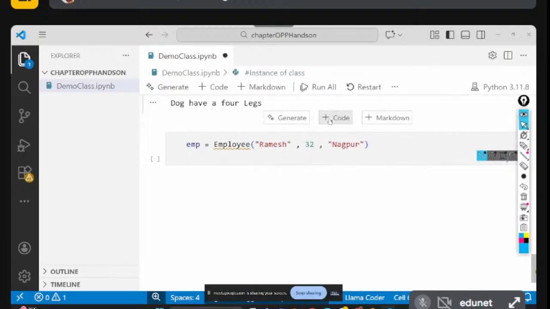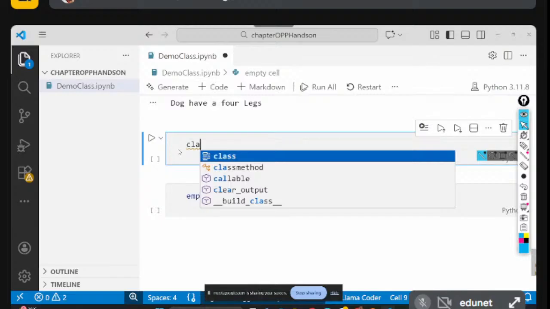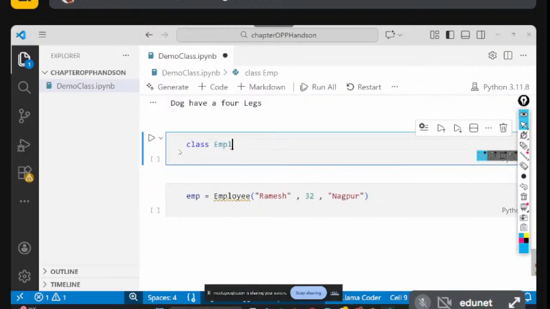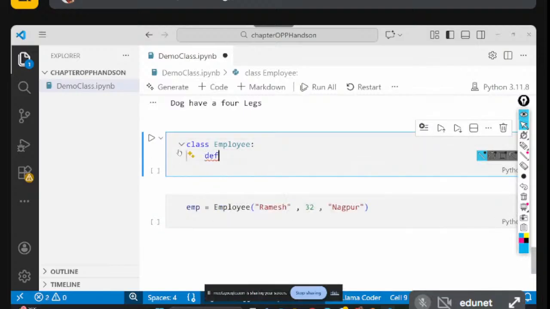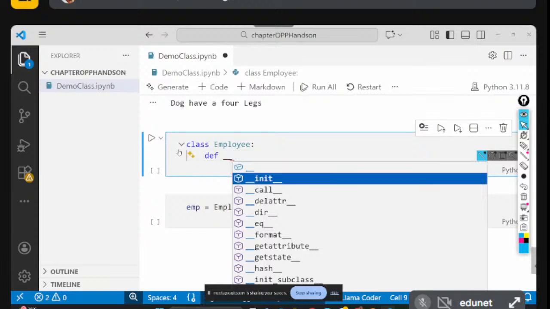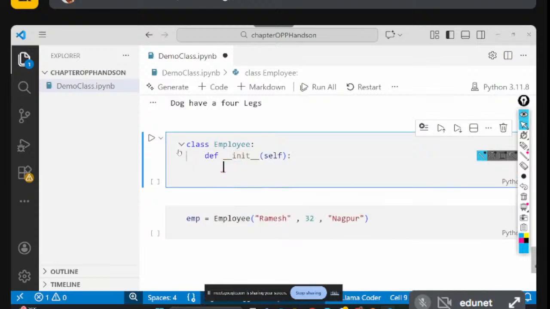So now just create one class. What class? Employee. Just try to understand the concept. Now what am I writing here? def underscore underscore init. And now into the init, first I am passing self. Second one, name. Very good. Third one,